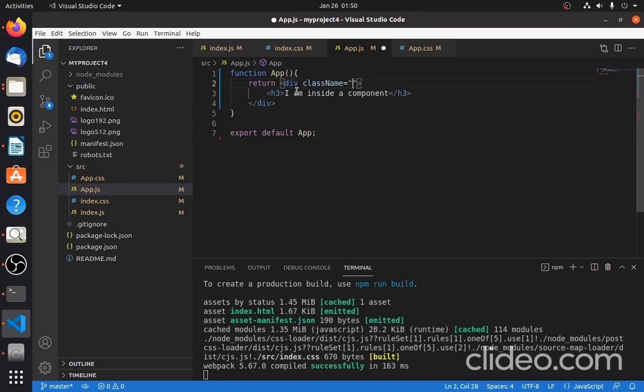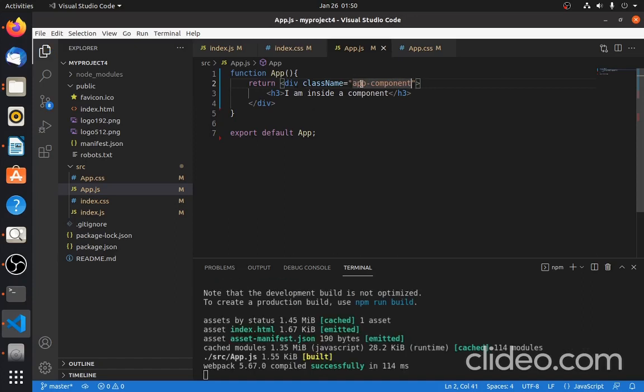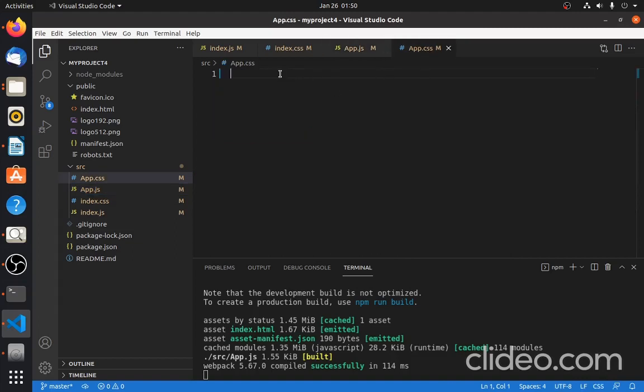Let's say app component. App component. So now if I implement this,